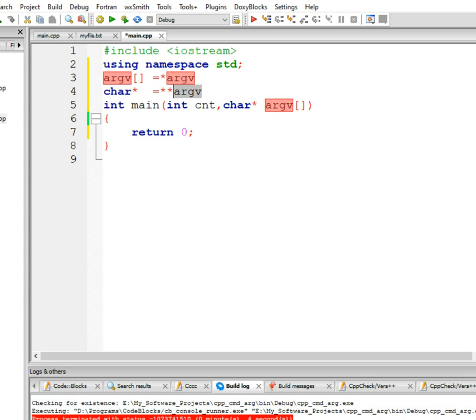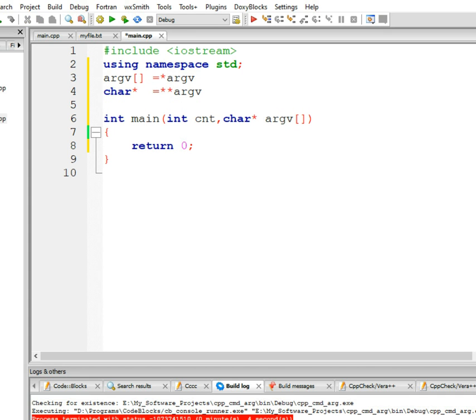So why are we accepting the array, that too of type character pointer? Let's assume the first is your program name and 1 is a command line argument. Now 1 is a string.